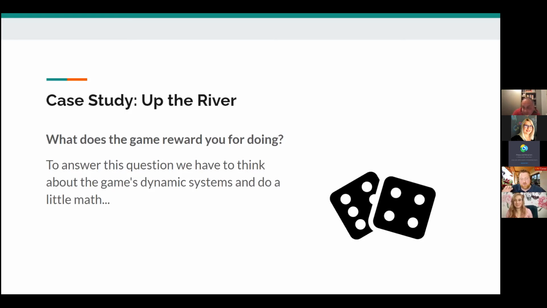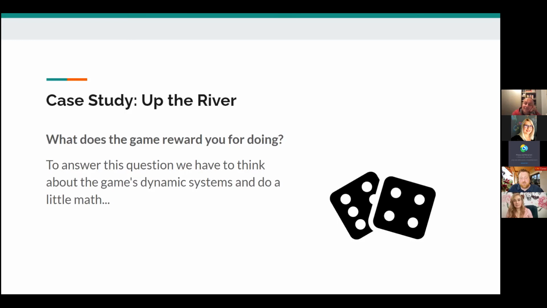Sorry. What is the expected value when you roll a die? On a 6-sided die, there's obviously a lot of things that you can roll. You can roll a 1 or a 2 or a 3 or 4 or 5. In Up the River, actually, because of the rules of the game and the way the dice work, you can't actually roll a 6. So you really are rolling more of a 5-sided die. But still, there's a lot of variability. The difference between rolling a 1 and rolling a 5 is a big difference, right?